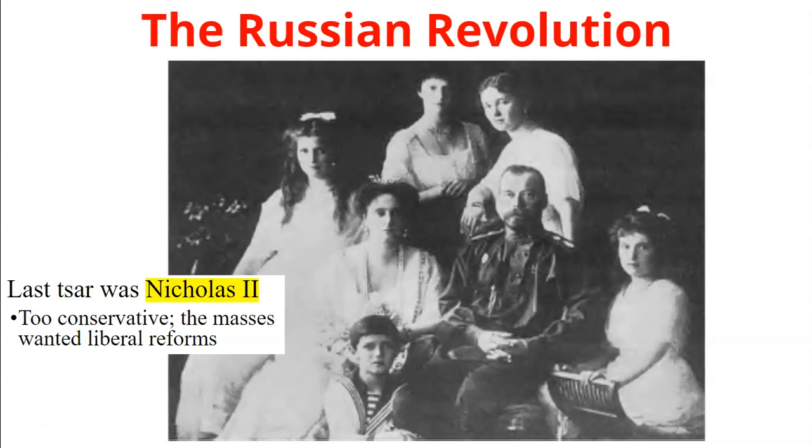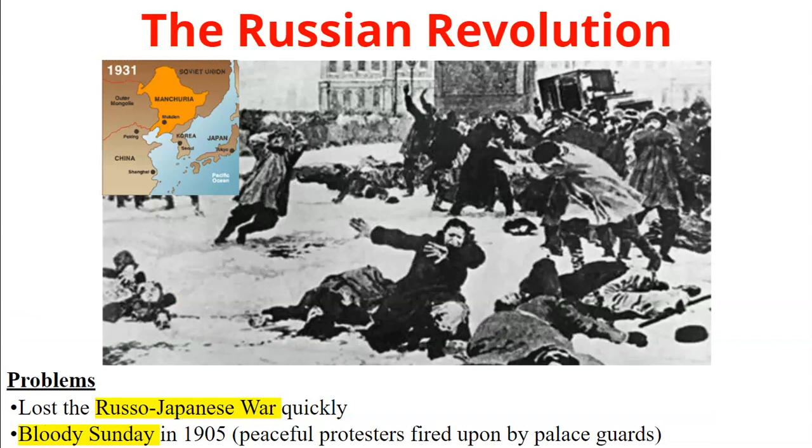Because remember, Russia was really the last to get industrialized when it comes to these great powers. So a lot of other countries were doing all these great things, and the people of Russia are like, why aren't we there yet? So they're going to have some problems that are going to start the spark of the Russian Revolution. The first one, of course, is the loss in the Russo-Japanese War, which took place between 1904 and 1905.